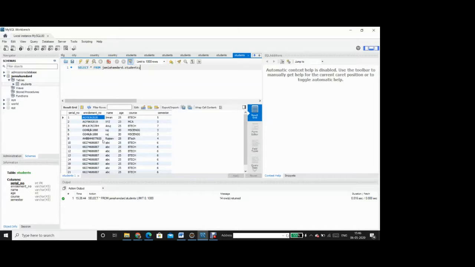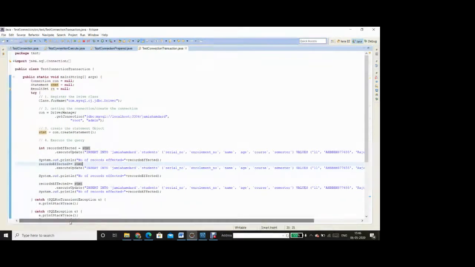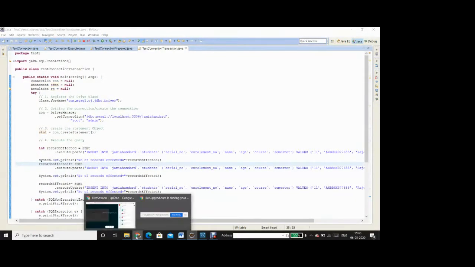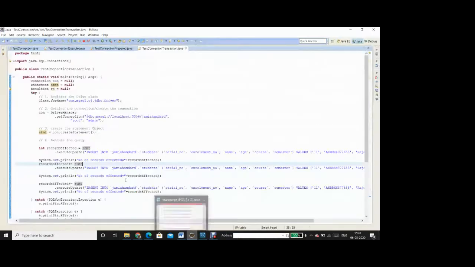Looking at the state of this database, what do you think is going to happen if I try to fire the query as of now? If I just try to run this program, what will happen? You can type in the chat box. Here is the code.